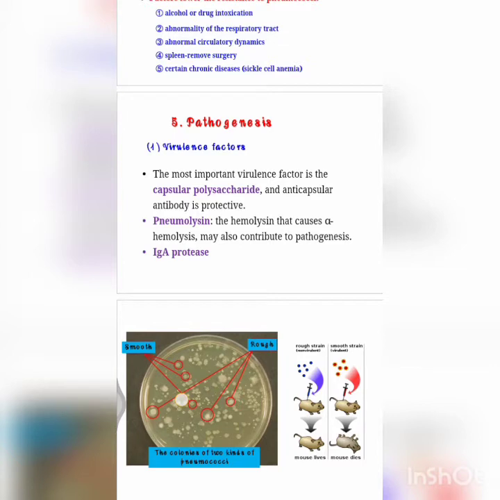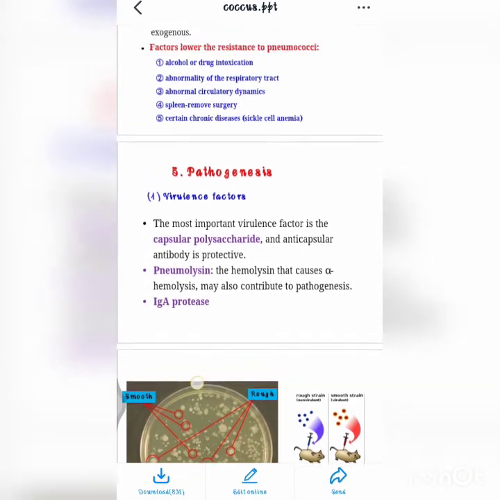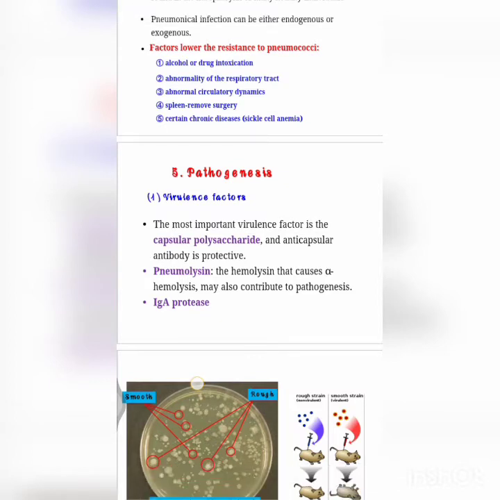So the Quellung reaction is nothing but whenever we add some substance, the capsule swells up and we can see the capsule clearly. There we can also do the agglutination reaction and the precipitation reaction. The anti-somatic antigens, or cell wall antigens, are also called pneumococcal C substance, which is nothing but the C-reactive protein, CRP.